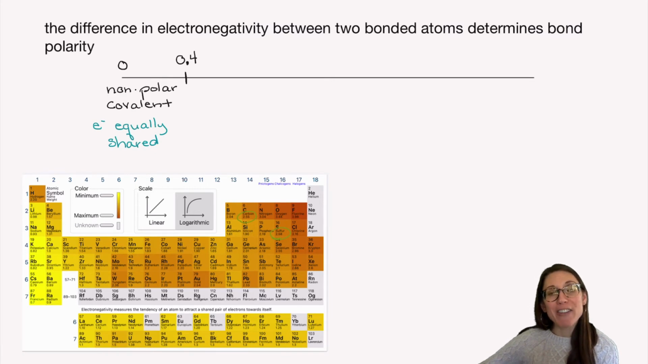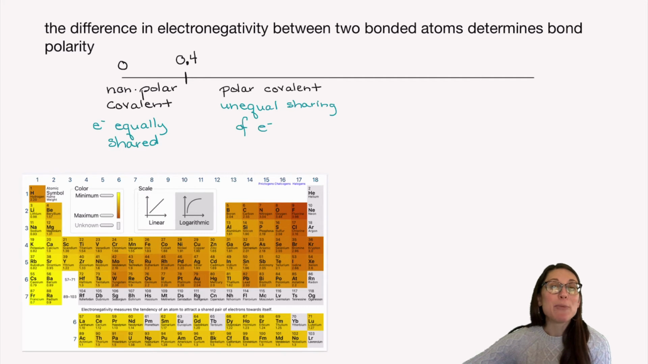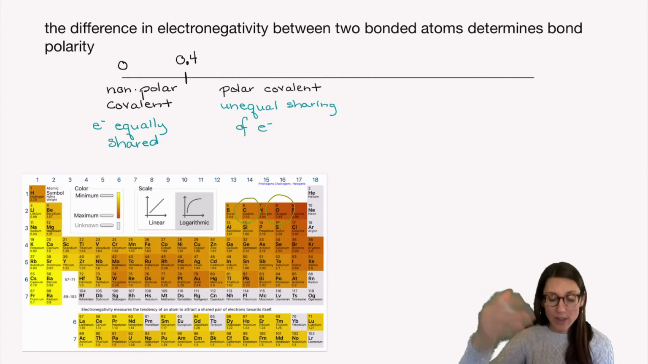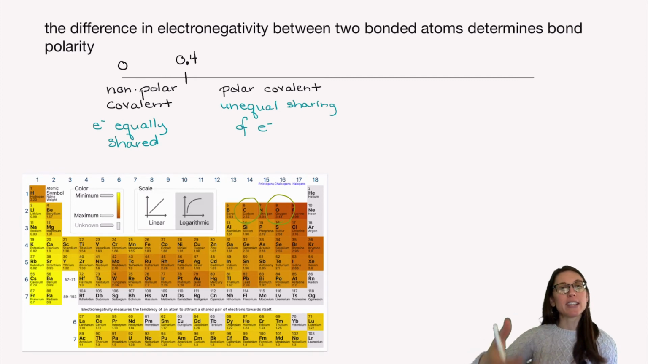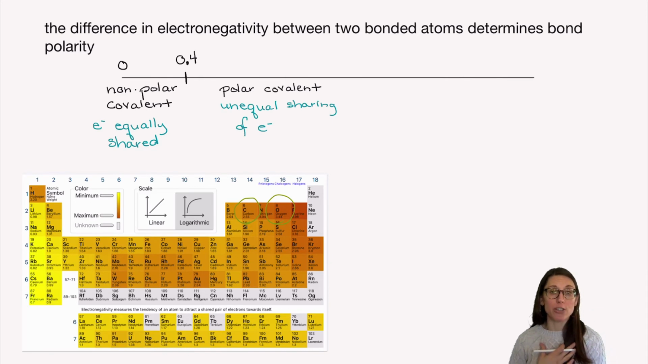equal. We have at this point what we call a polar covalent bond, which results in unequal sharing of the electrons. Examples of elements that would form a polar covalent bond would be something like carbon and oxygen. Their difference in electronegativity is close to 0.9. And so the oxygen is going to be pulling more strongly on those electrons, and as a result, you end up with the electron density spending more time near the oxygen, and it's not an even